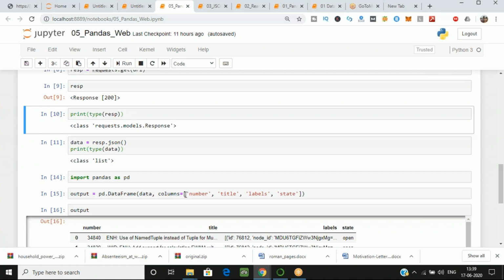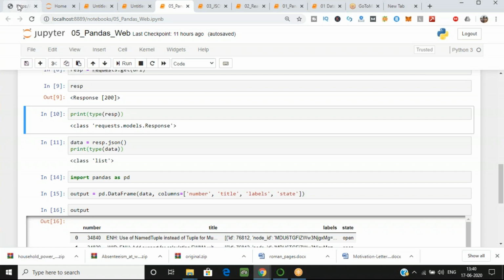I'm also passing the columns, because I want specific columns. I don't want all columns, because if you see the data, there are so many columns, and my data would be bulky and I wouldn't understand anything from it. So I want to see particular data from that.